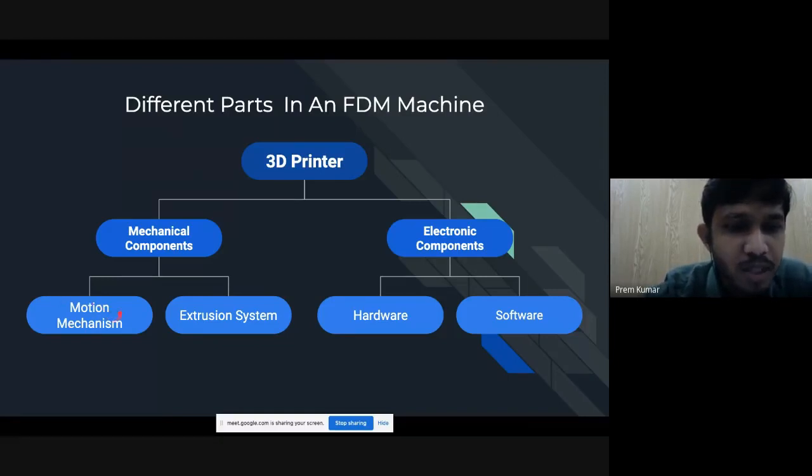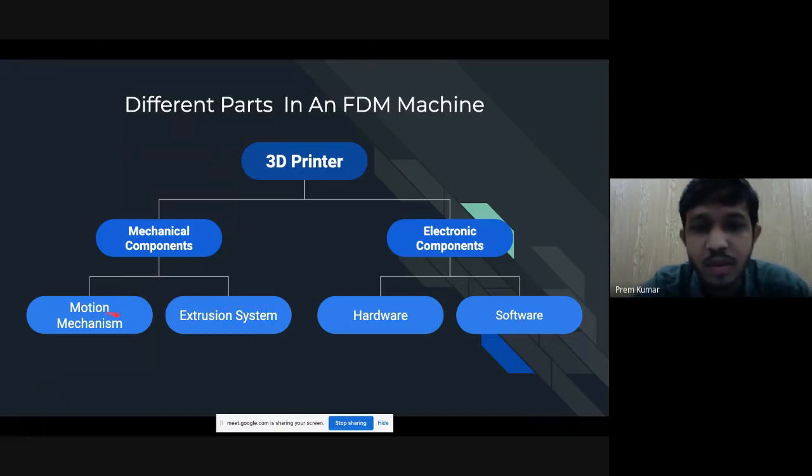The motion system is responsible for moving the hot end in X, Y, and Z directions. And there is another system, which is the extrusion system, responsible for putting the material on the build plate. This is a completely different system, independent of these motion mechanisms.